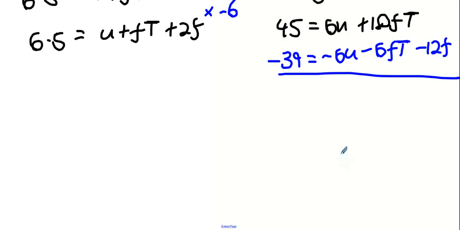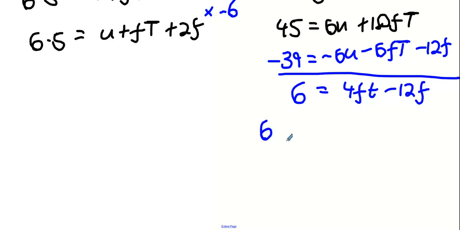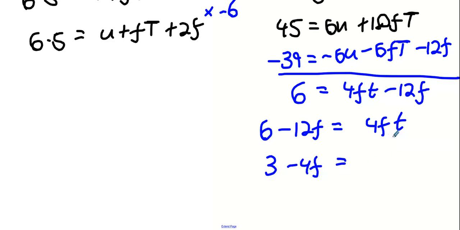What happens now? 45 take 39. 4ft and minus 12f, yeah? Bring the 12f over to the other side. 6 plus 12f equals 4ft. Divide both sides by 2. What's that? 3 plus 6f equals 2ft. And then t on its own: 3 plus 6f all over